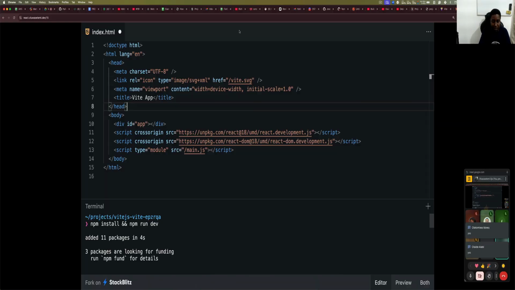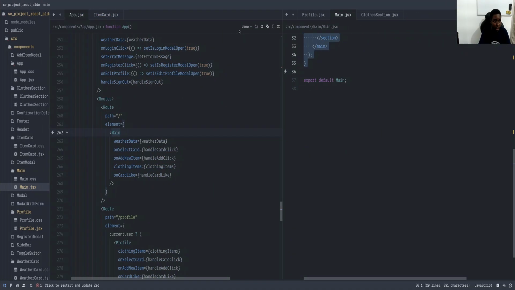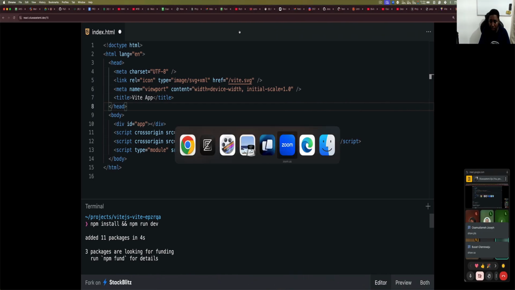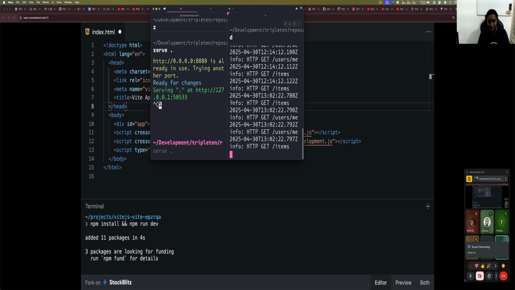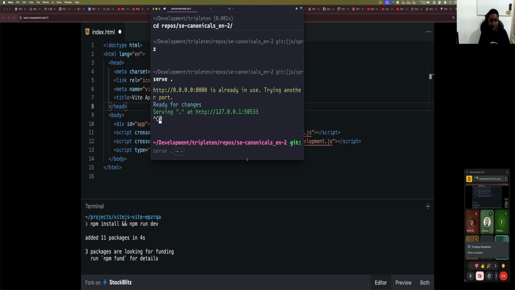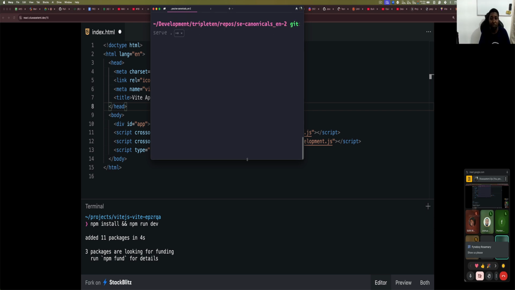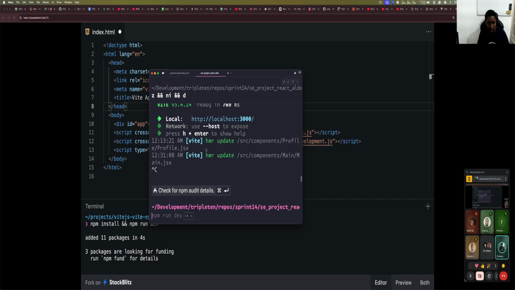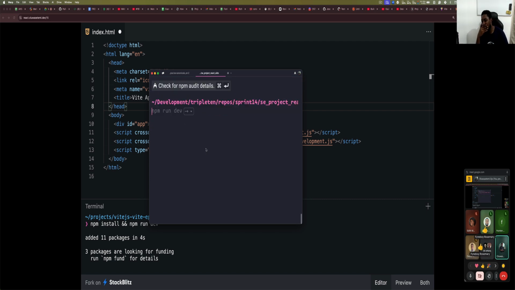Let's see if I have my terminal. I think I have my terminal here. Where's my terminal? So I have my terminal running. Let's just close this. Can we see my terminal? Because it's small today. Should I make it bigger, or can we cope with this? Okay. So here,